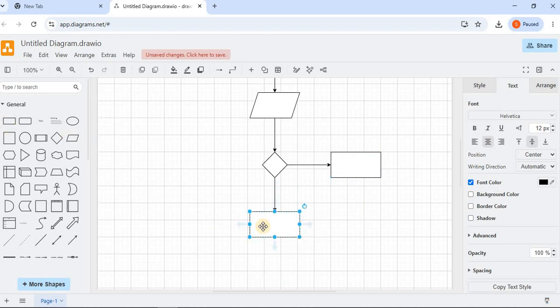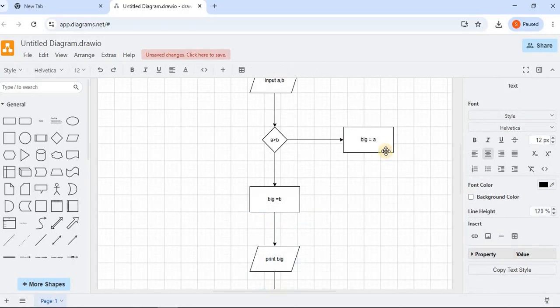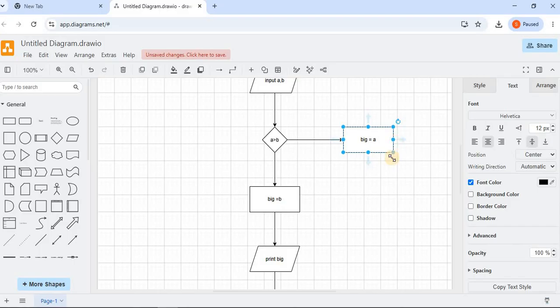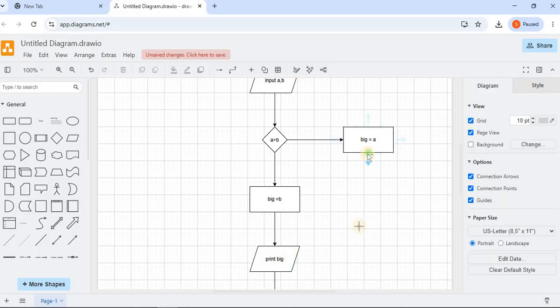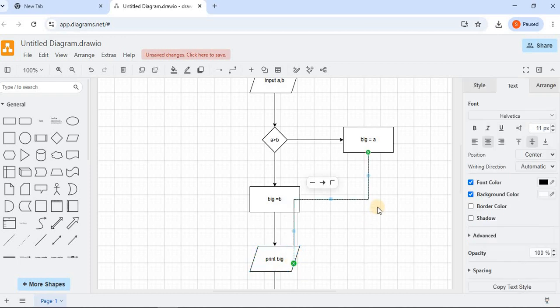See that in decision it is automatically connecting to the shape. When you drag the shape and reposition it into a different location, likewise, you can adjust the place of the shape as per your application requirement. Now I would like to connect connections from this process symbol to print. Select the green button and connect it here